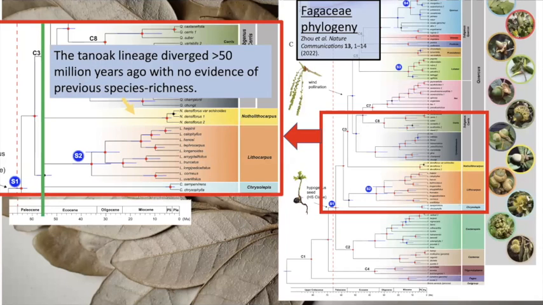So the first question is related to the idea that the tanoak lineage is relatively unique in the Fagaceae family, or the beech family, because it's one of a few genera that have few species in them, but they're quite old. So it's an ancient relictual genus in North America that has not really ever diversified. So how would this affect the genomic evolution of the lineage?